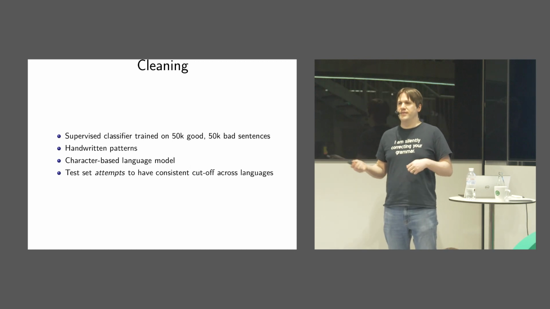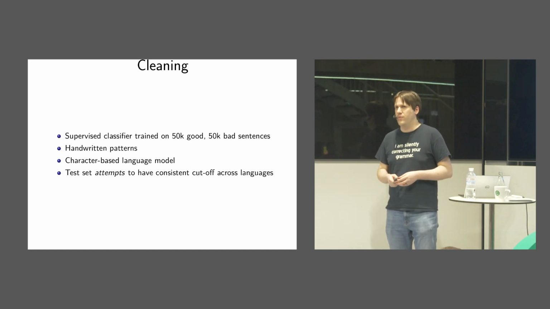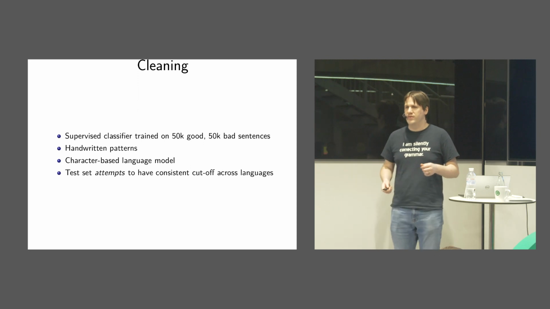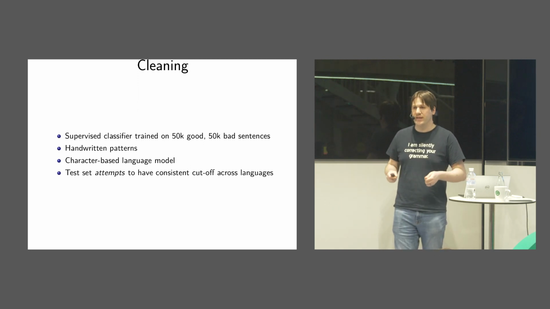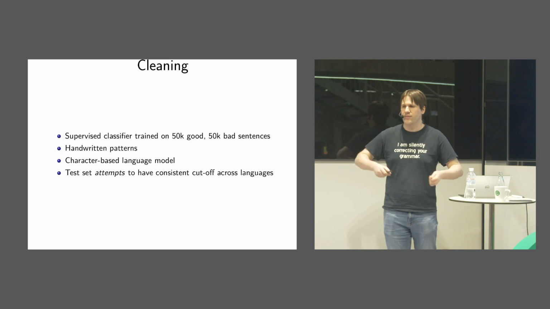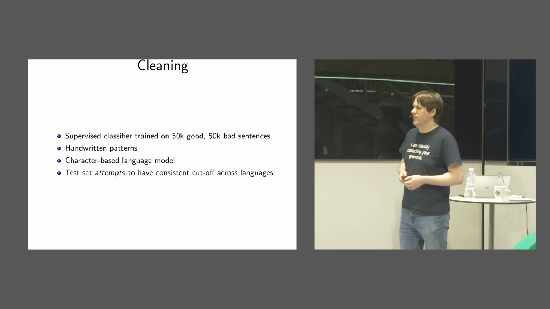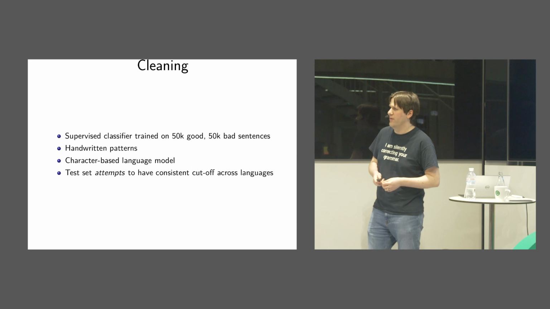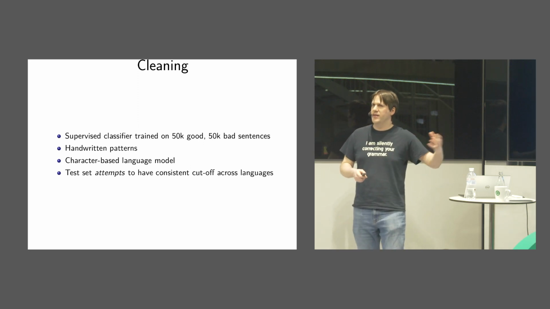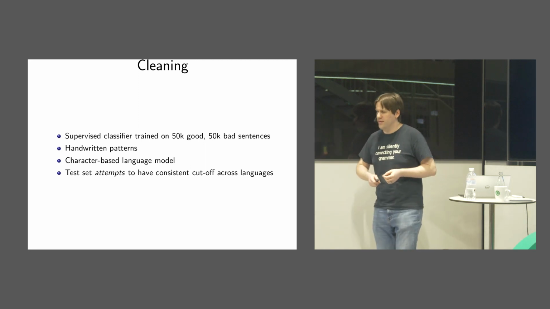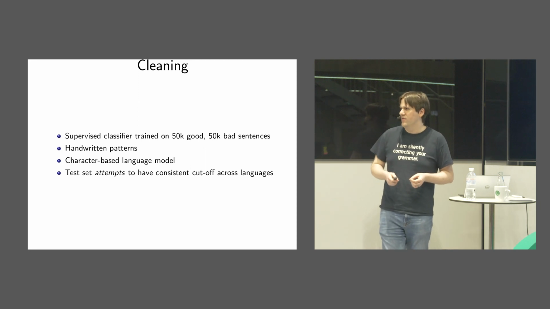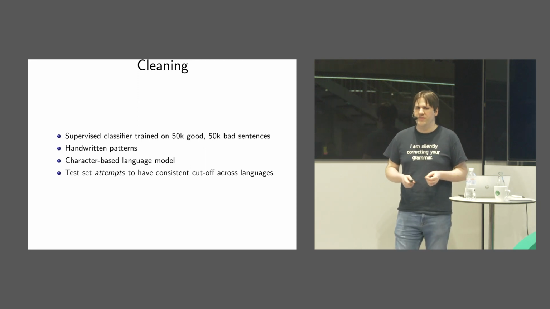These can be either ones that we've found in the corpus crawl, or we just damage sentences and shuffle them, that sort of thing, to produce bad examples. And Google actually had a nice paper about how to produce good negative examples for training such a classifier. There's also a lot of handwritten rules, if I'm honest.